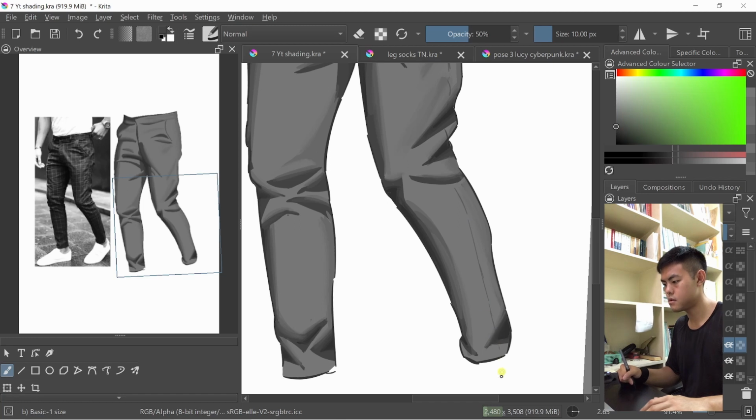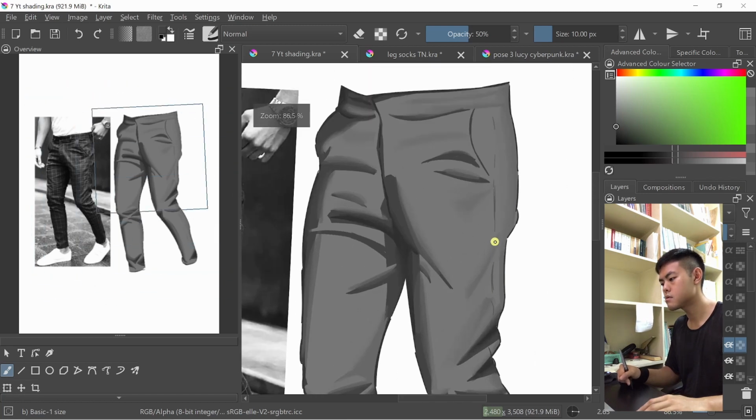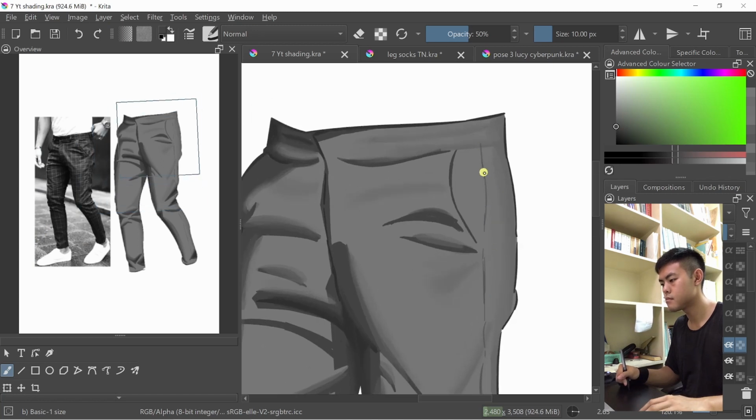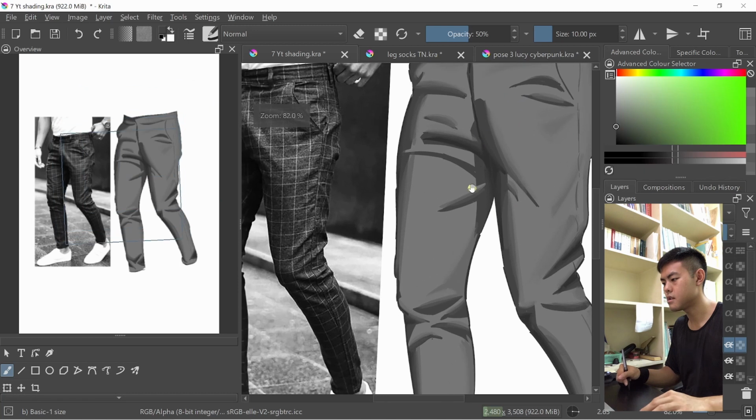Something like that. Looks good. And then some more details on the